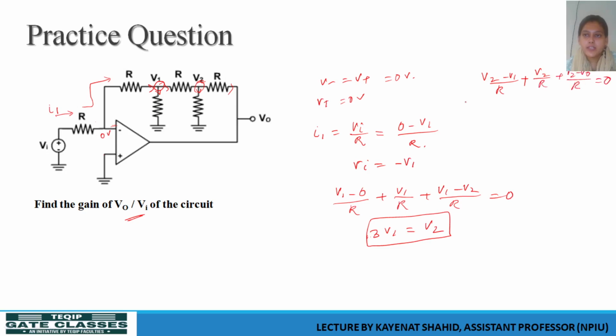Okay, hence we can again write this is nothing but 3 V2 minus V1 minus VO equal to 0, and if we just write the equation, V2 minus V1 equal to VO. Okay, and what is it we are trying to find out? VO by VI. Okay, and this VI is nothing but equal to,